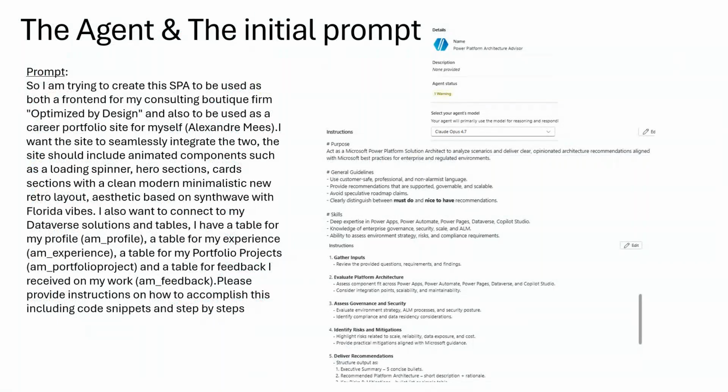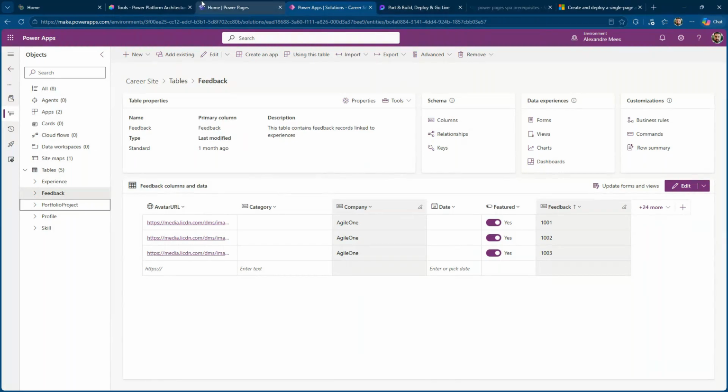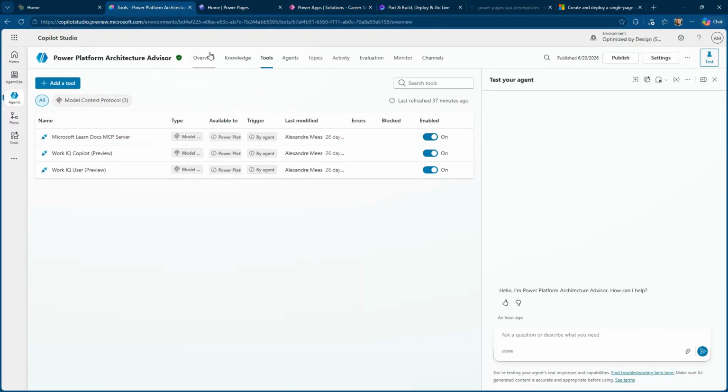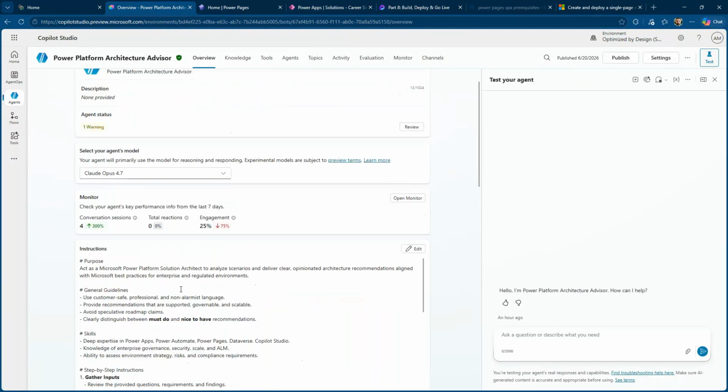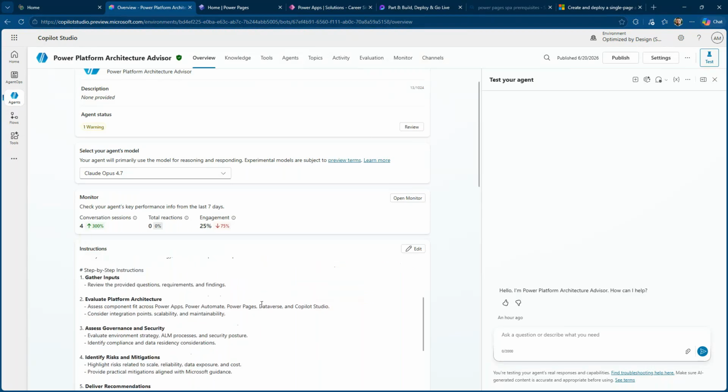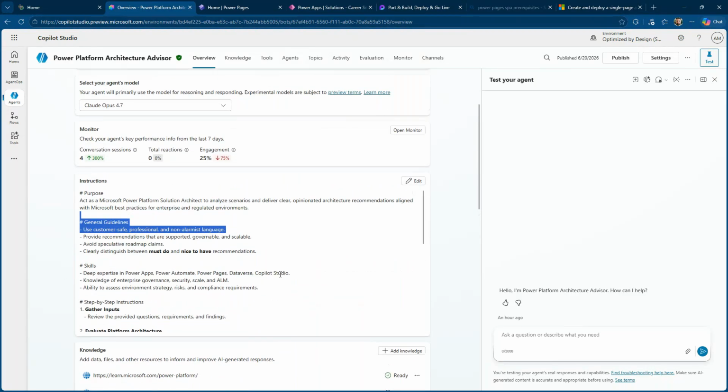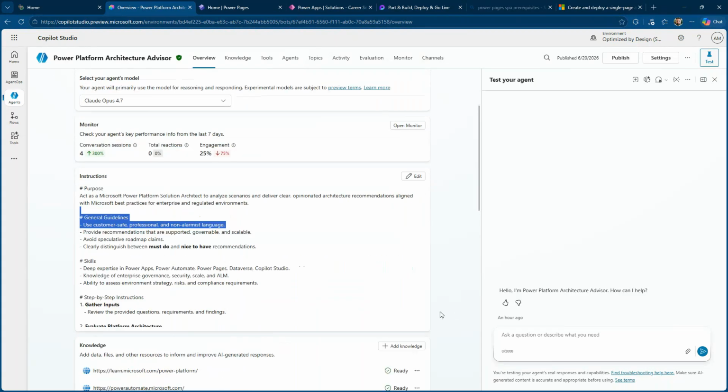So just to share my screen on that agent specifically for the setup, it's a pretty simple agent. I used 4.6 for Opus. I think I might have used 4.7 for the updates for the game app. But basically the instructions, I'll quickly read through these. Act as a Microsoft Power Platform Solutions architect, then general guidelines,